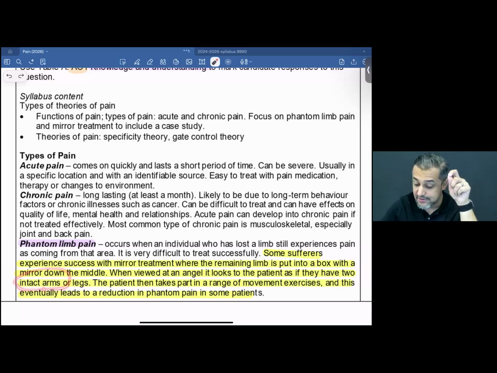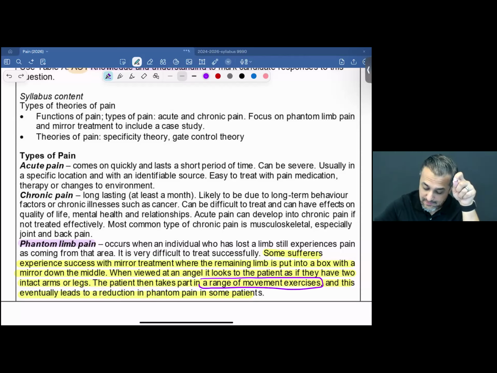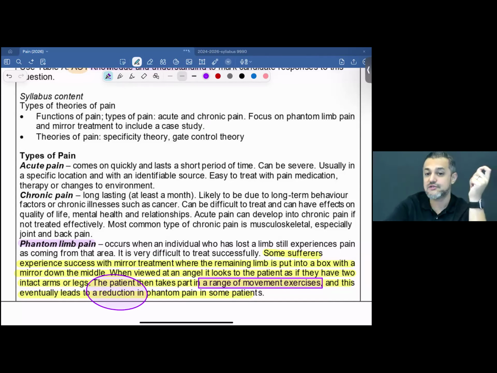The patient then takes part in a range of movement exercises. So a range of movement exercises. And this eventually leads to a reduction in phantom pain in some patients. Of course, in some patients and not all. And that I think